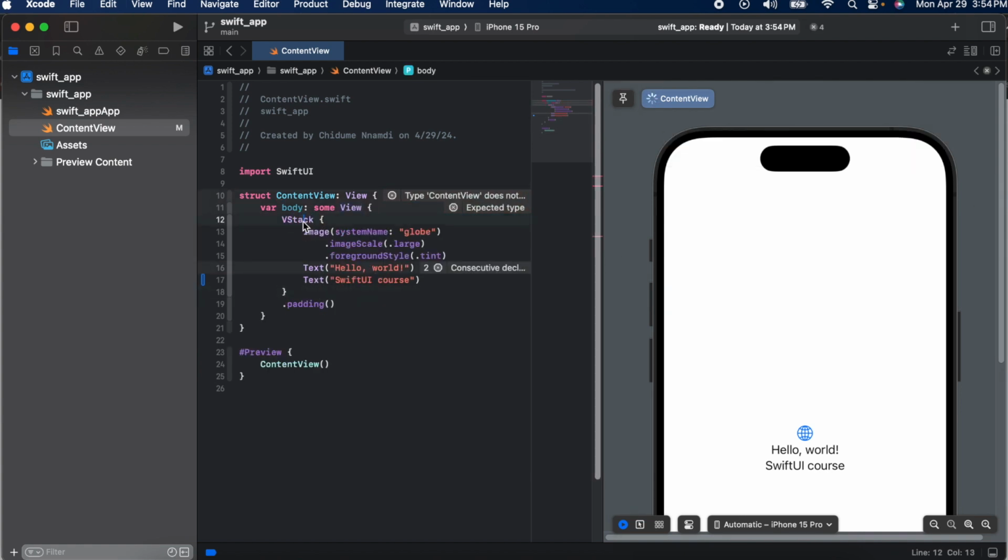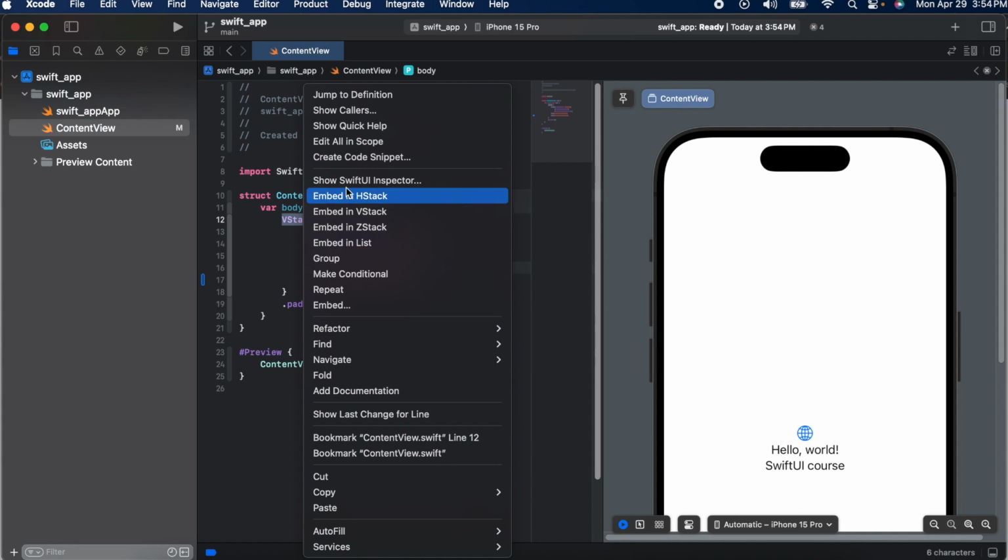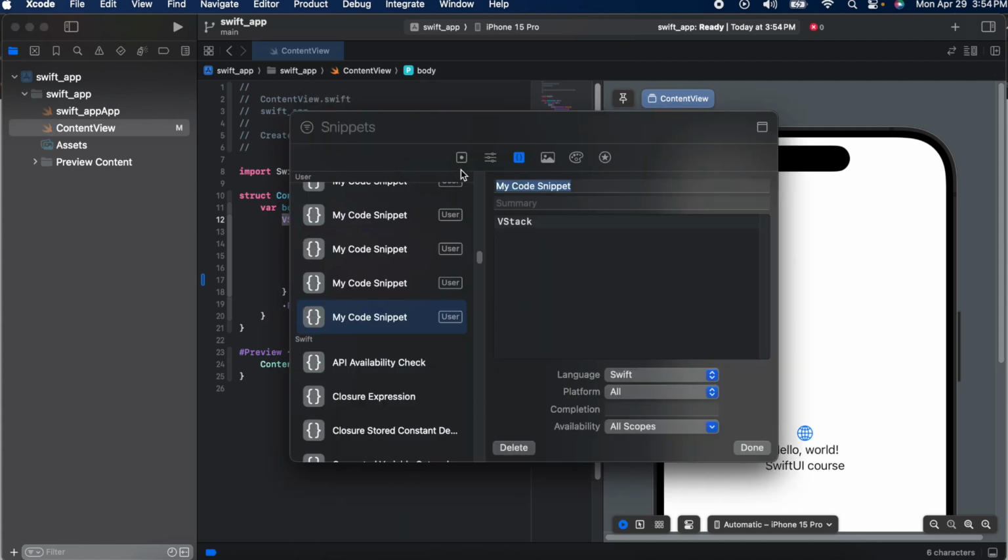So you can highlight a view, and then you can do so many things. You can embed a view in this, repeat this view, make it a conditional, group it, embed a list in it, ZStack, embed a VStack and HStack, and also show UI inspector, create code snippet like we have seen. And then in these snippets you can also see